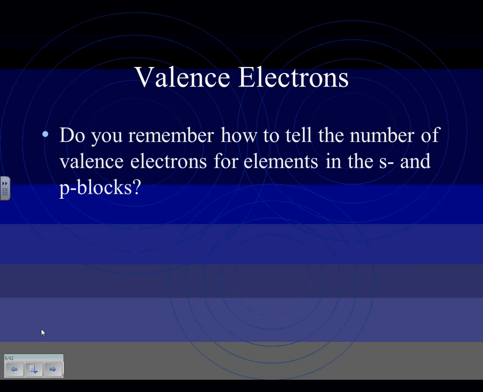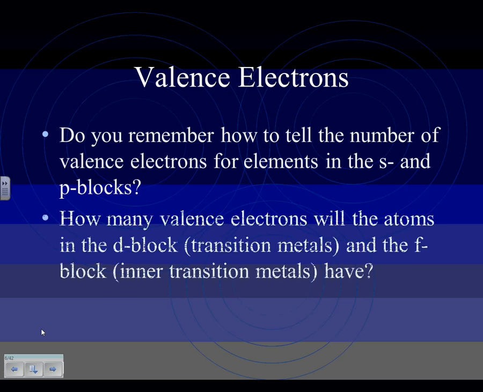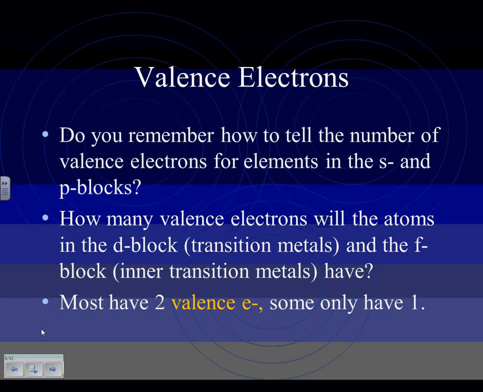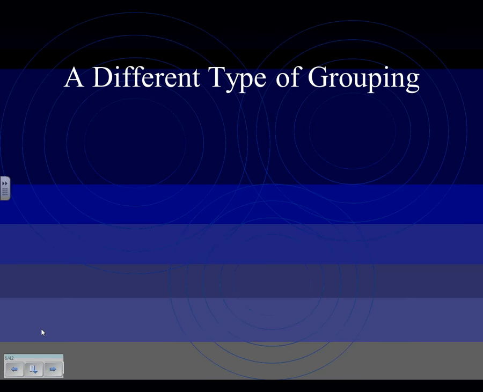Generally, group 1 has one valence electron and group 2 has 2 valence electrons. Then when you get to the P block, they go as high as 8 valence electrons, with 8 being the operable number because everyone wants to achieve what's called an octet. There's a little bit of variation when it comes to D block and F block elements; most of them may have 2 valence electrons, and then some only have 1. But you definitely want to be familiar with the S block and the P block electrons.